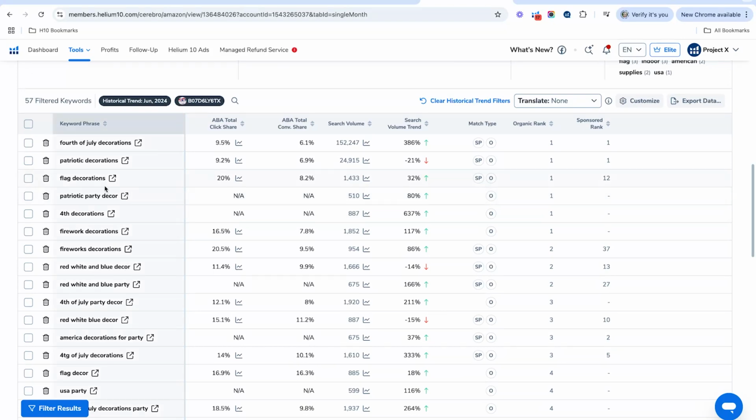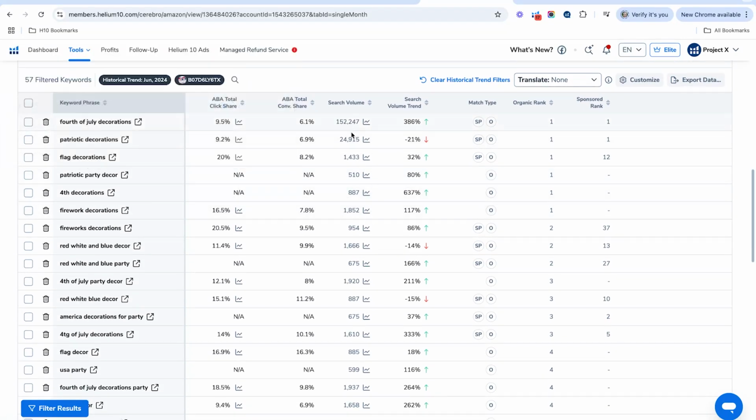Really, there's 57 keywords here that they were really ranking for. You can see the search volume as well, and all this great information. You can see where they were organically ranked, where their sponsored ranks were. So that is a wealth of information to be able to basically see all of this by going back in